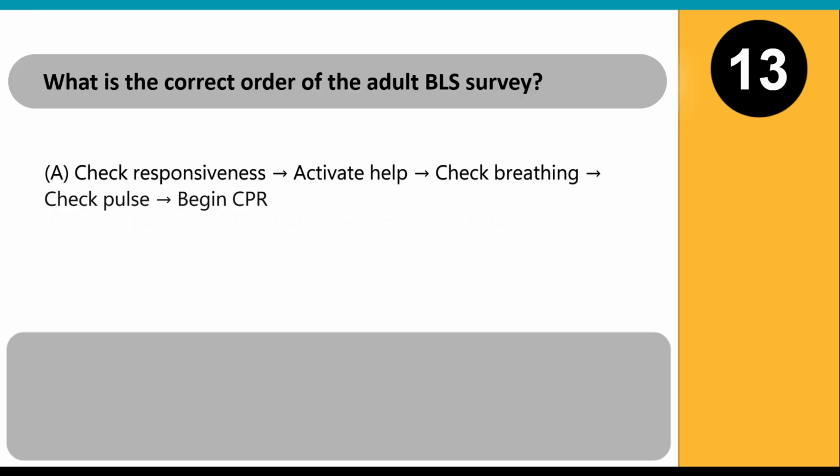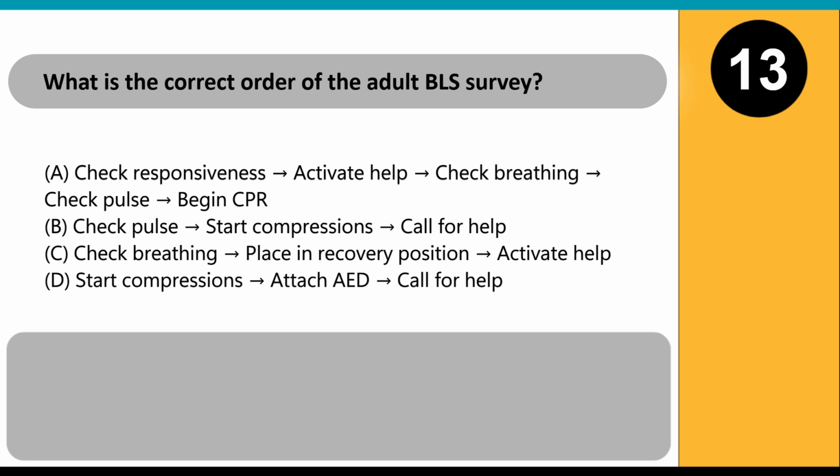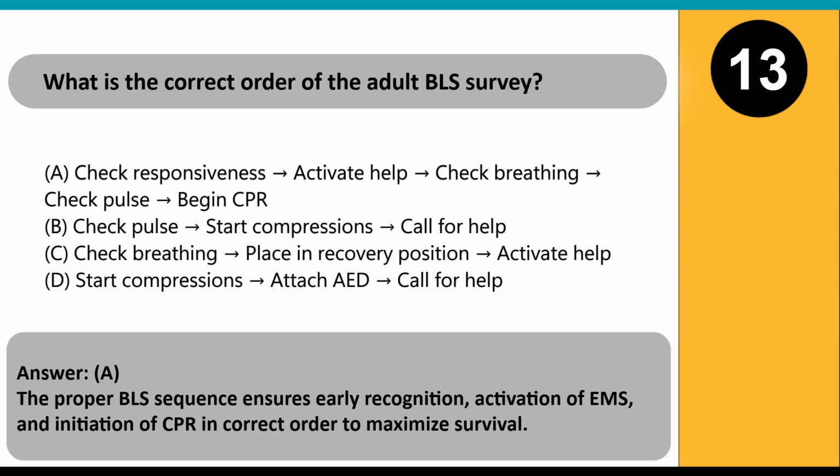What is the correct order of the adult BLS survey? A. Check responsiveness, activate help, check breathing, check pulse, begin CPR. B. Check pulse, start compressions, call for help. C. Check breathing, place in recovery position, activate help. D. Start compressions, attach AED, call for help. Answer: A. The proper BLS sequence ensures early recognition, activation of EMS, and initiation of CPR in correct order to